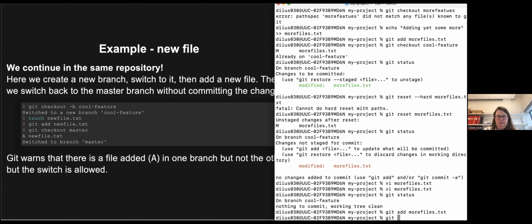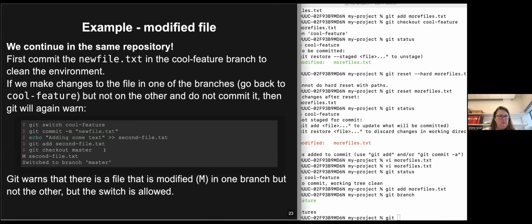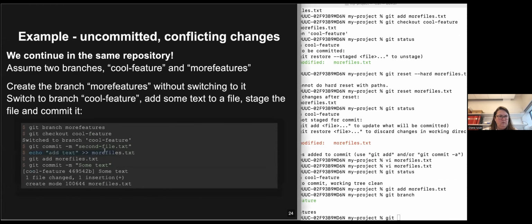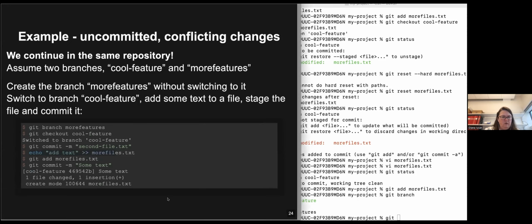No, let's see, git branch. So basically I reverted back to the version of more files that I should have. So I should have... I am a bit lost now. Okay,